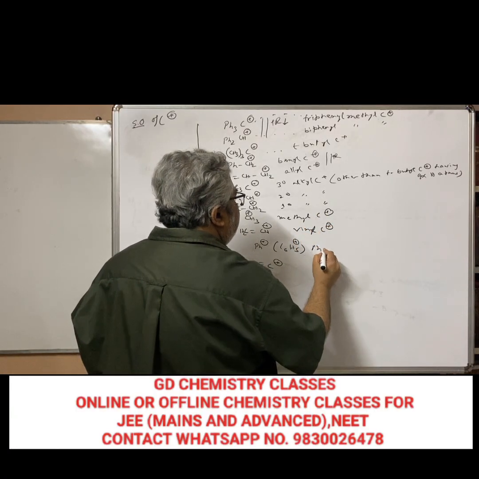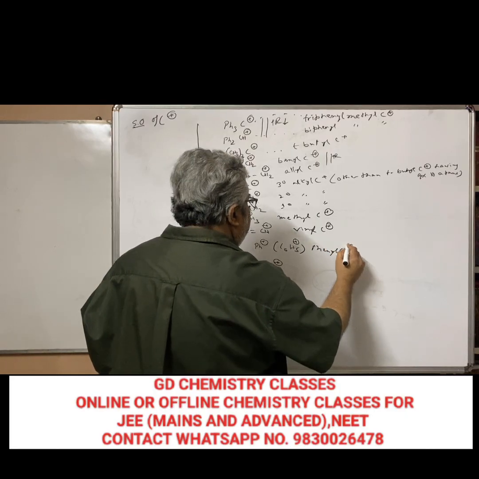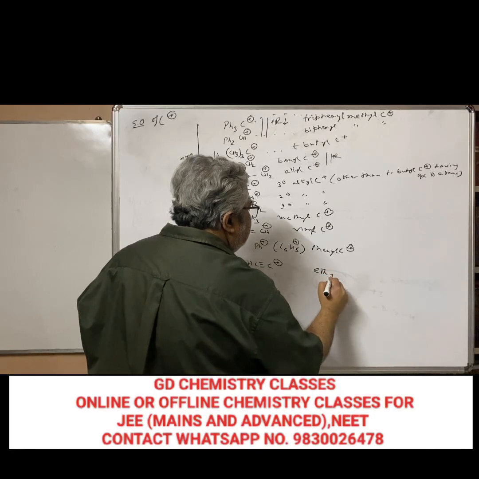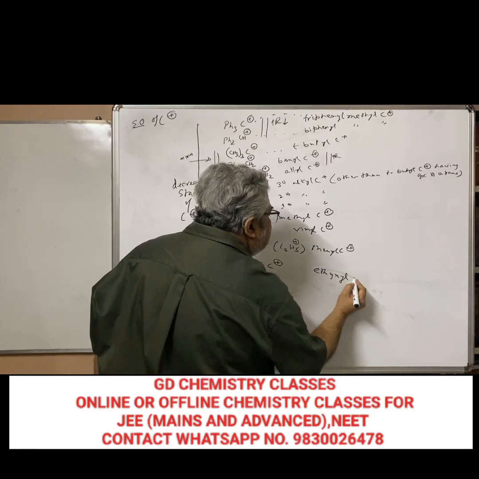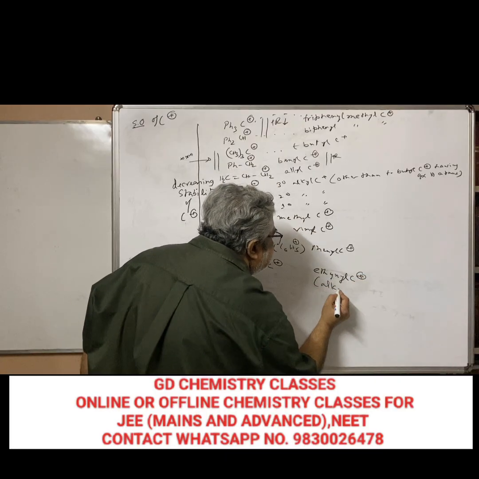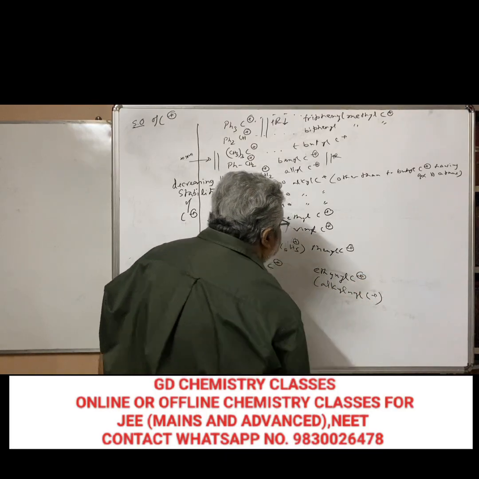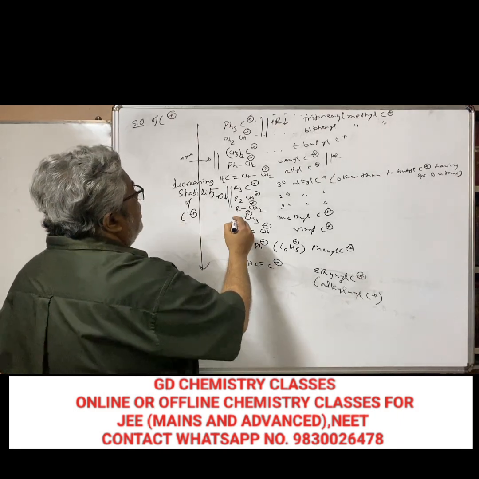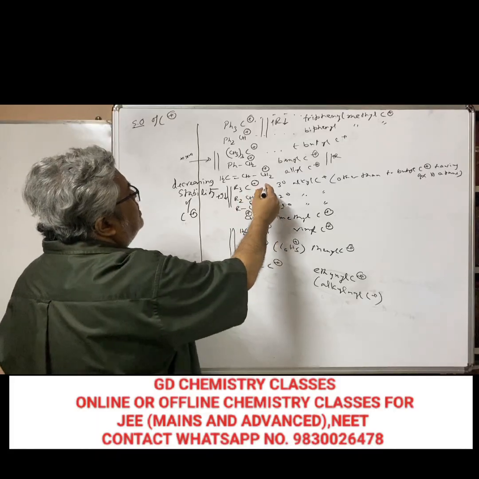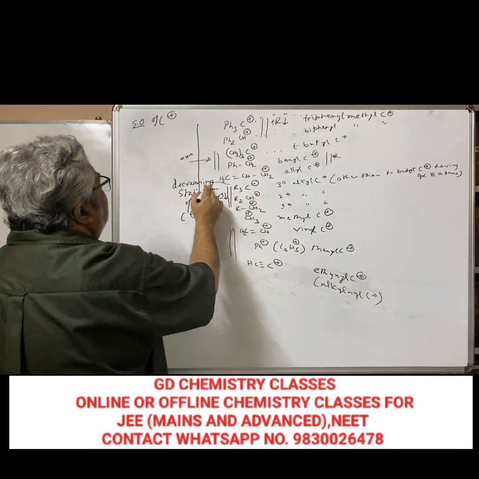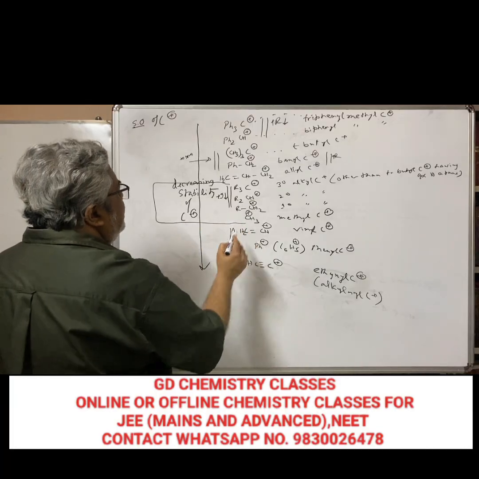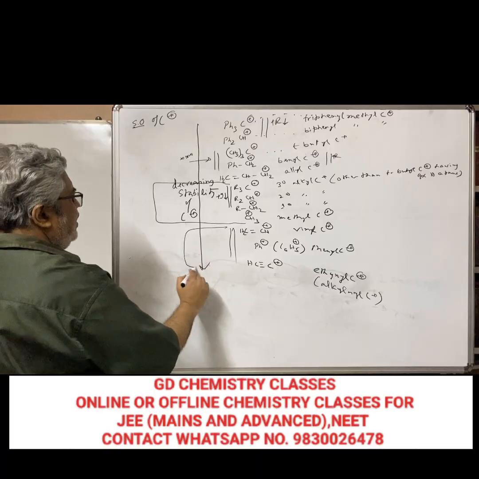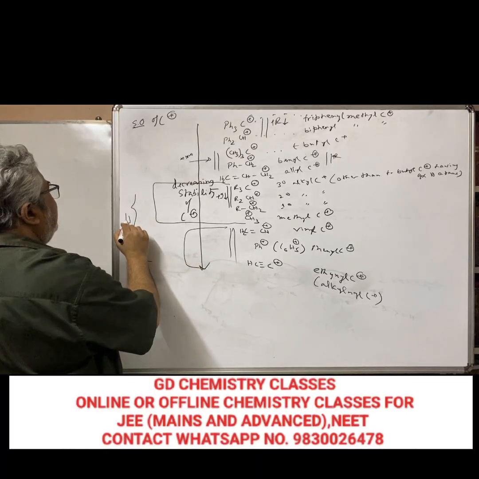Then comes phenyl carbocation, and then comes this, which is actually ethynyl carbocation, which you consider as alkynyl carbocation suppose. Here also there is some fallacy which you have to remember. Now, if you consider from here to here, and if you consider from here to here, hybridization is an important factor,